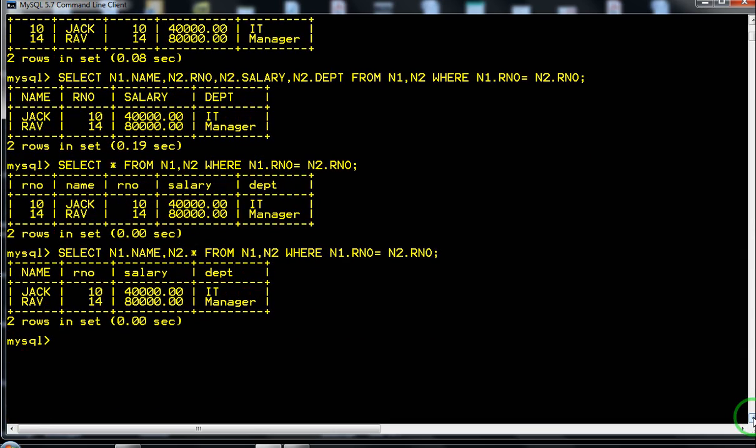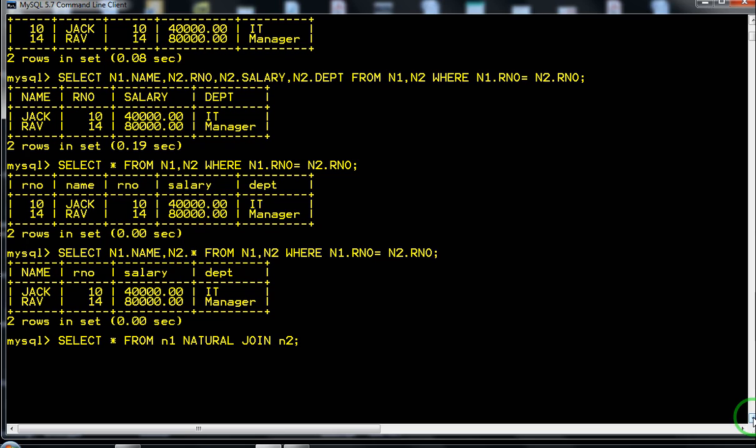Okay, there is one more method for creating a natural join. For that, we have to write the command select star from N1, and then you have to use the natural join clause, NATURAL JOIN, and then N2.